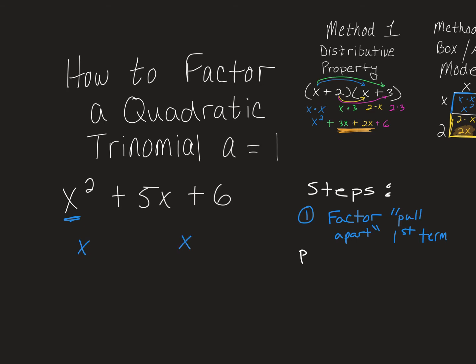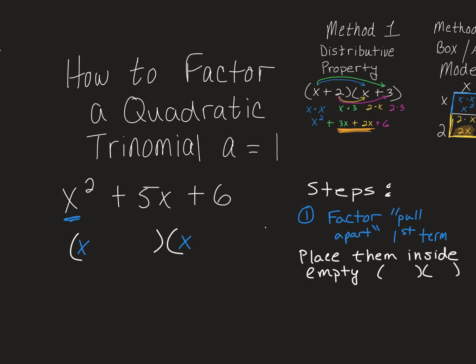And we're going to place them inside empty parentheses. So because we've got a quadratic trinomial where a is equal to 1, we know that more than likely